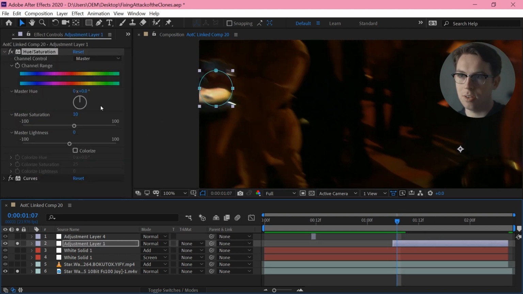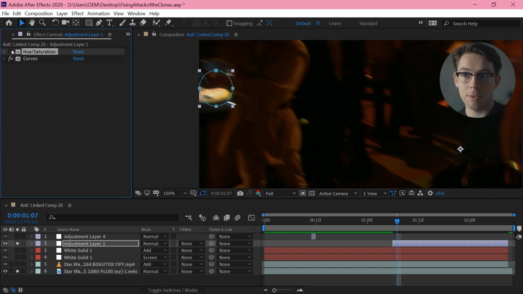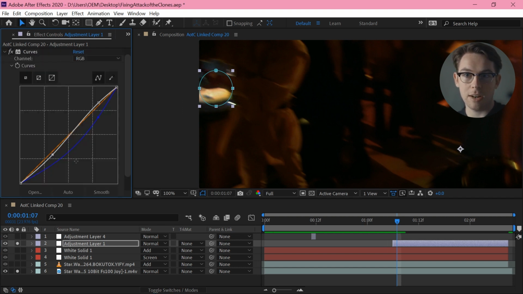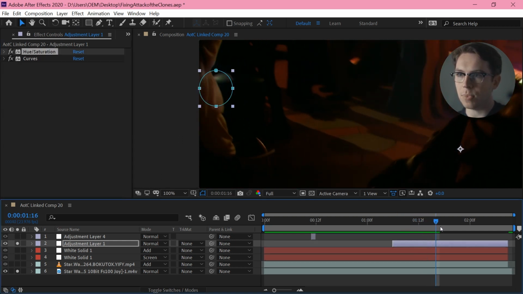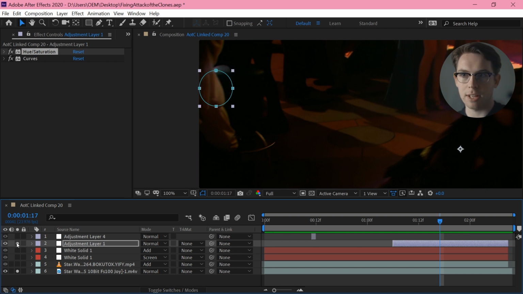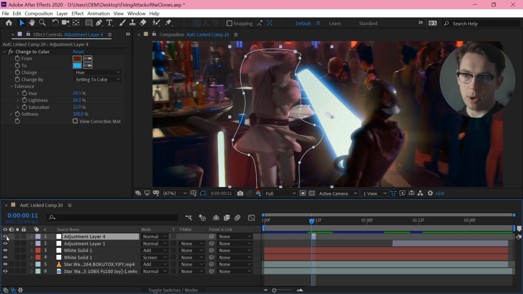So I've gone back in with an adjustment layer, just set to bring back the saturation and remove the blue and reintroduce the contrast. So within this circle, we get rid of that mistake. And then finally, for that one kind of weird shot, I have just shifted Obi-Wan over to blue.